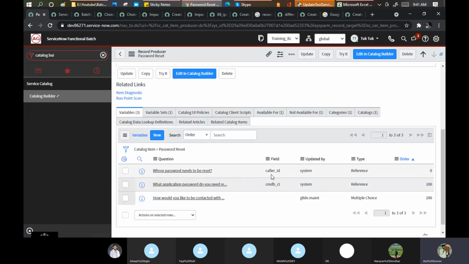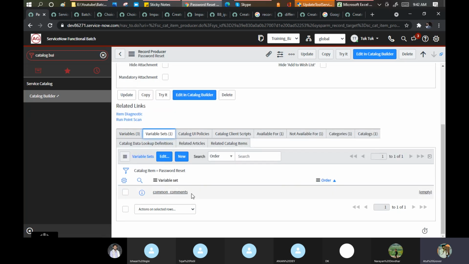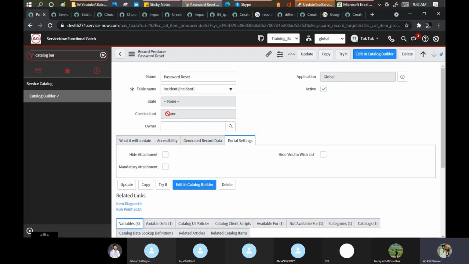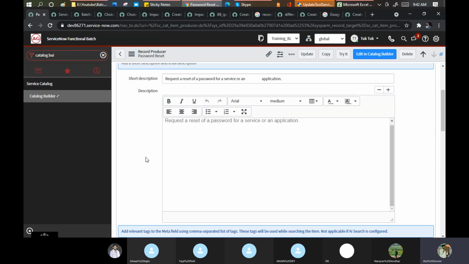When I say whose, it is coming from the reference field as a caller ID. Which application you want to put, they're putting the CMDB CI table. How would you like to connect with us? A multiple choice question, they're putting it here. And they have the variable set as well, common comments. Okay, so try to create a simple one, and let's see what code they mention.